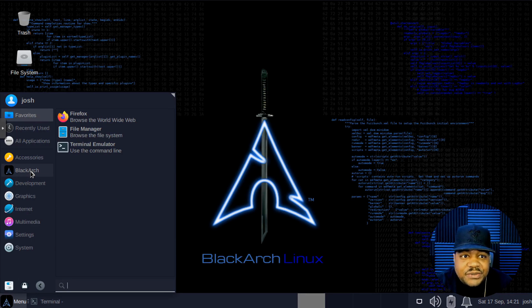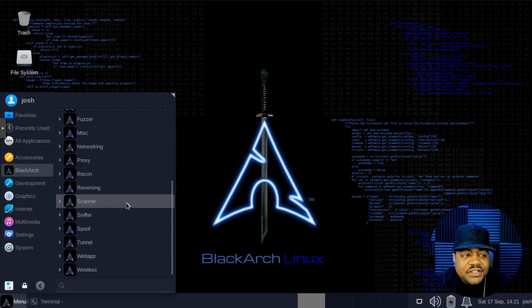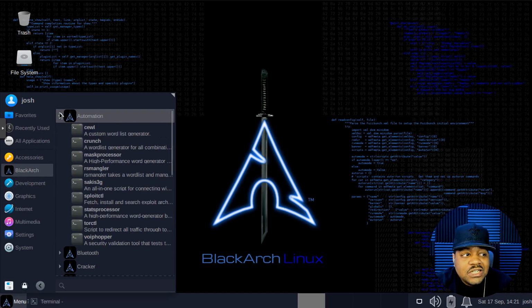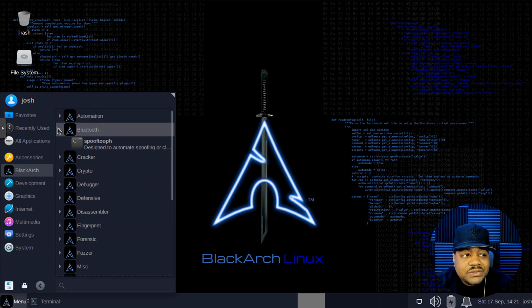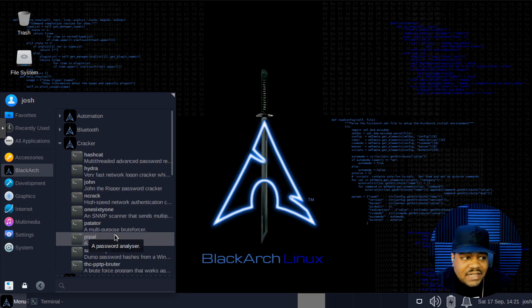Now this is where all your pen testing tools are located. Under BlackArch, you can obviously see it under all applications, but this is how it's broken up. If you click on BlackArch, this will show you the organized version of it. So you have all your categories, and you can go through and look under each one of these categories and see all the tools that are available to you. So automation tools, you got Bluetooth, cracker tools right here, Hashcat, Hydra, John the Ripper, Ncrack,